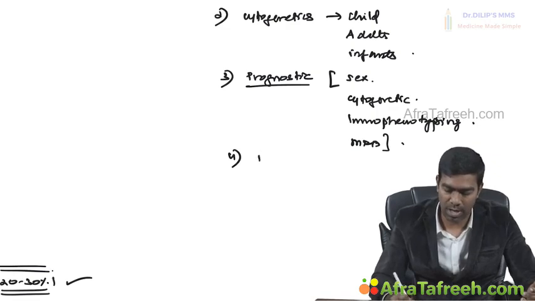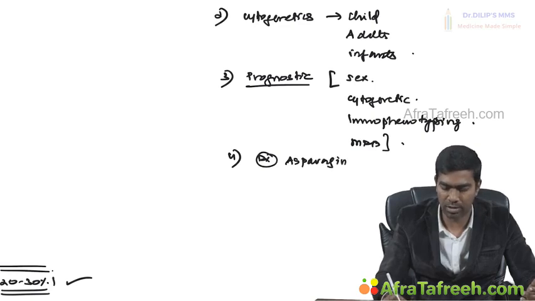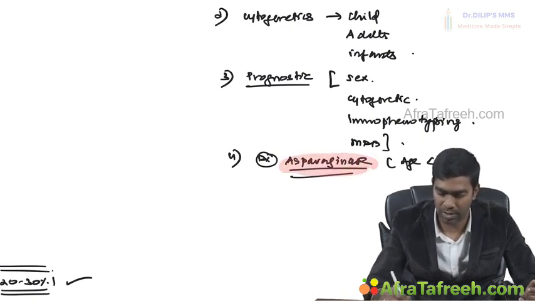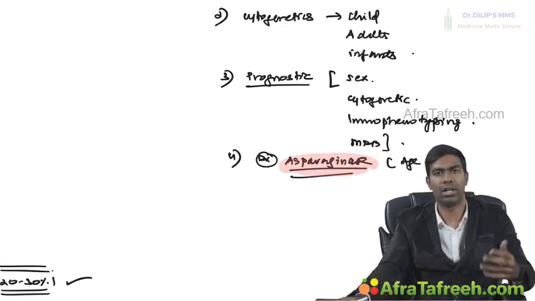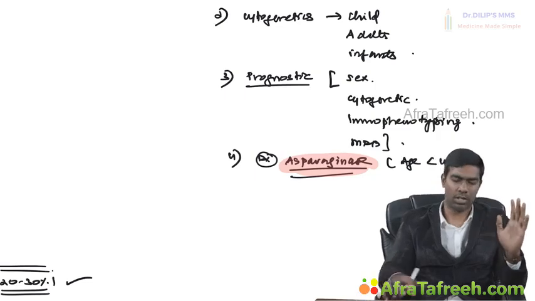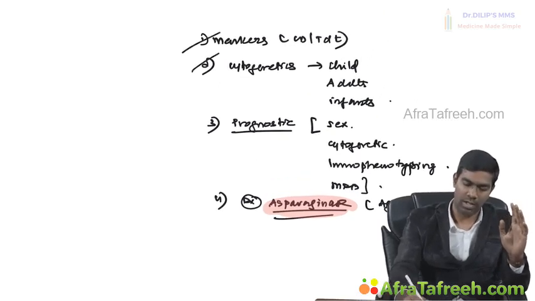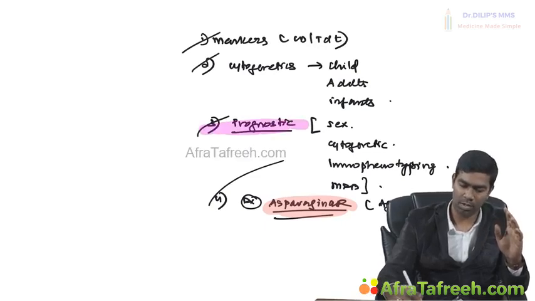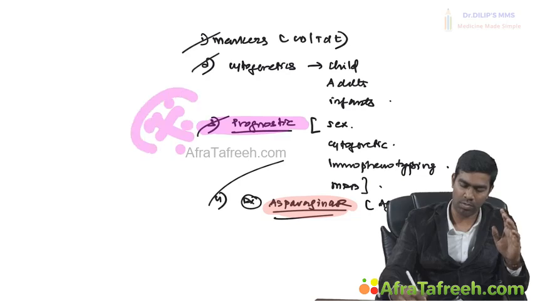Number 4, treatment wise, remember that asparaginase is a main component. The remaining drugs you know, but asparaginase is a main component, especially for age less than 40. Use asparaginase as one of the main drugs, because this is a very important drug that's used for ALL only. In AML we don't use asparaginase. And remember the regimen names at least: the VAD regimen, and the hyper CAVD regimen we have. So these are the important things. If you know these thoroughly, and among all this, if you pick up one thing, I will tell you it is the prognostication. This is going to be the most important from an exam perspective.